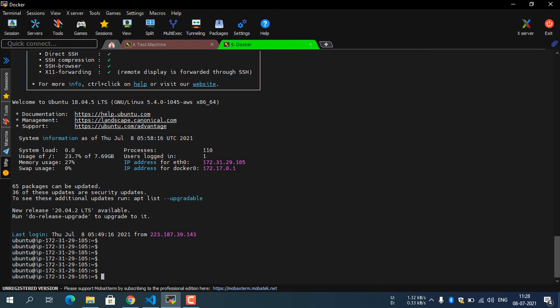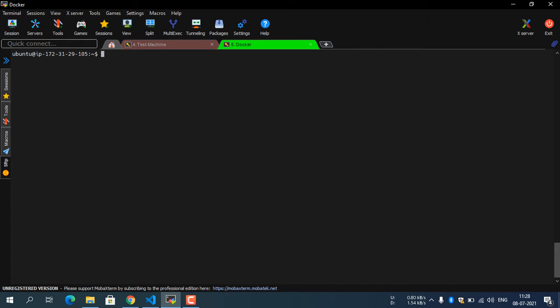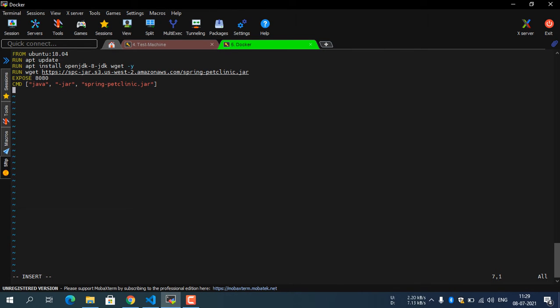Yeah, let us create one folder, spc, and a Dockerfile. That's it.